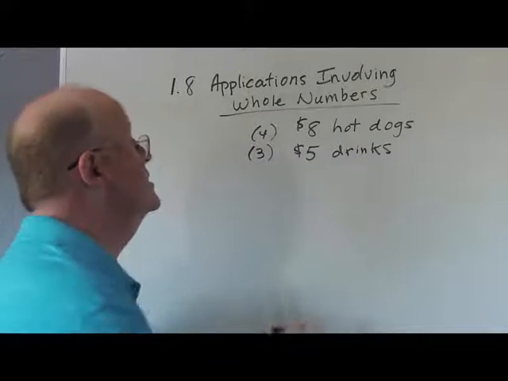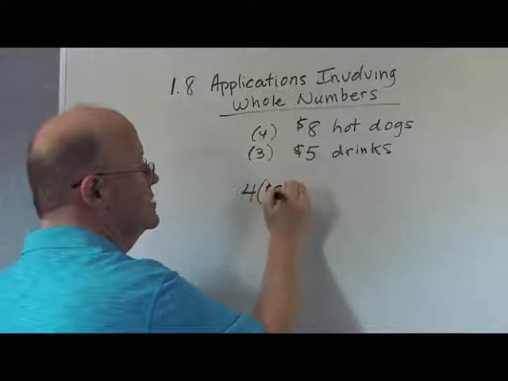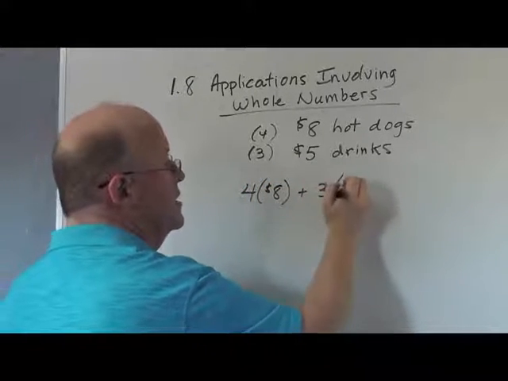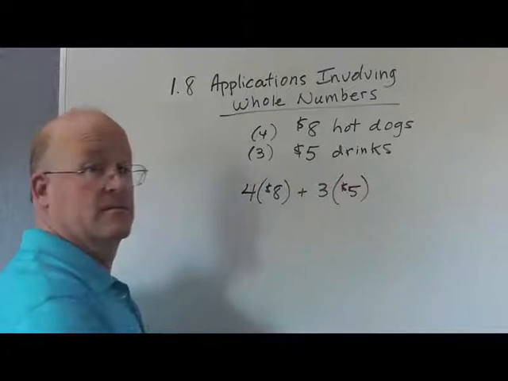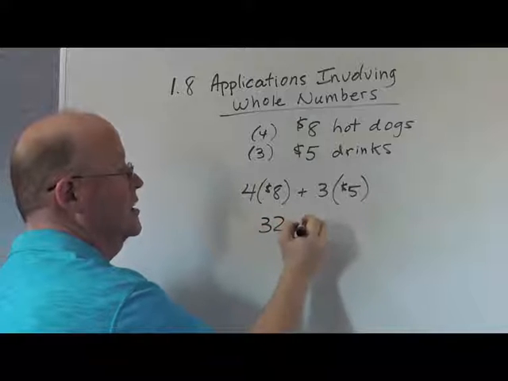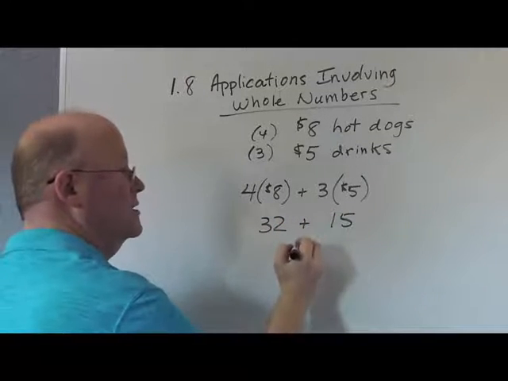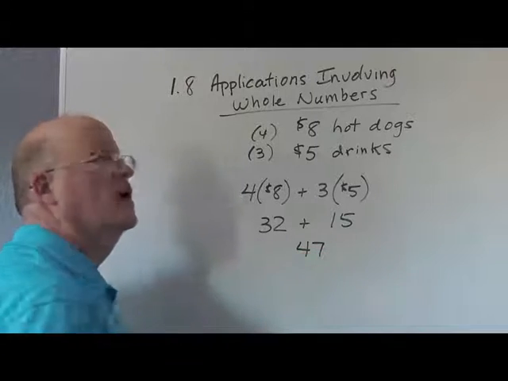Well, in this case, you'd say, I'm going to have 4 of the $8 items plus 3 of the $5 items. We're going to spend $32 on hot dogs and $15 on drinks, which would bring us up to $47